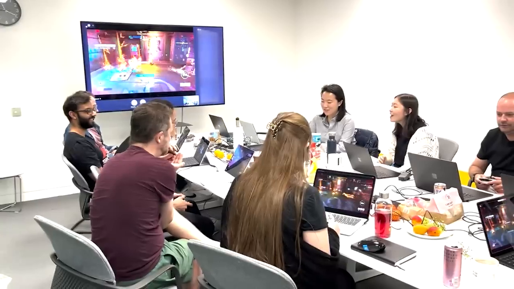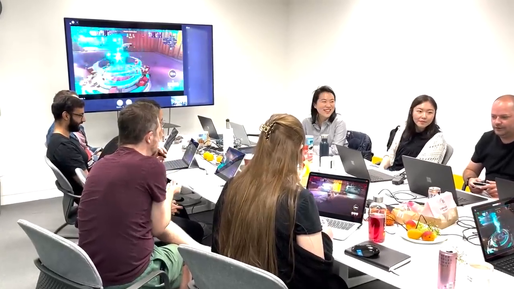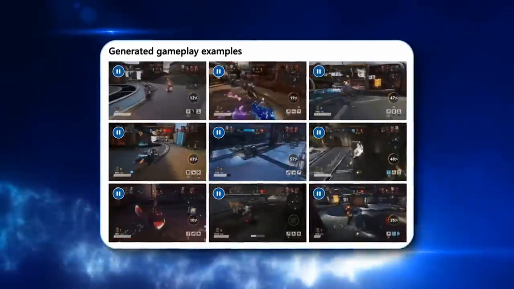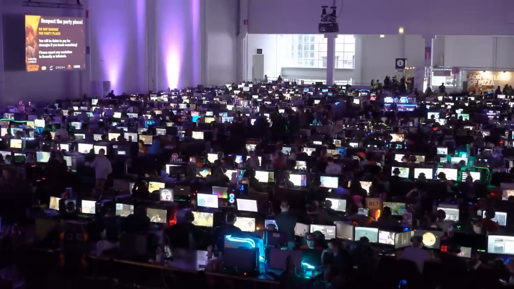During a press briefing, we also heard that some teams at Xbox are thinking about how Muse and generative AI more broadly might be used for brand new experiences or updates to existing games. Some short, interactive AI-powered demos might show up in Copilot labs soon, giving folks a chance to get hands-on with these concepts.